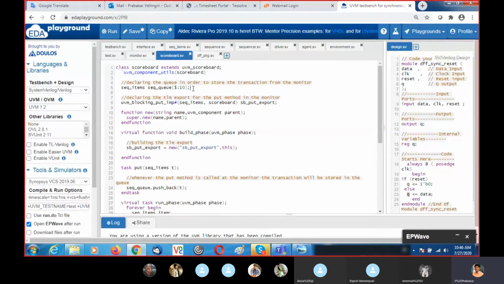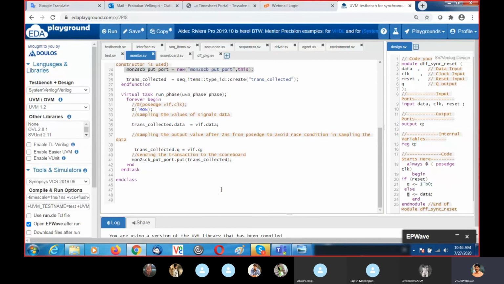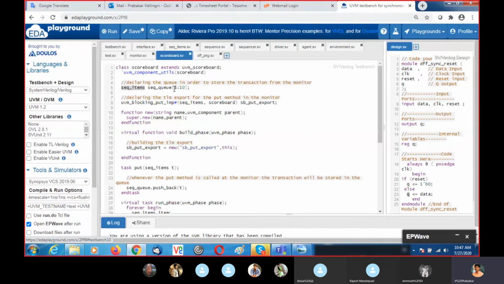Then here I created a queue to store the transactions, which is a type of sequence item. Inside the input method I am putting the trans collector, the actual sequence item, here. I want to get that and store it inside the queue. So I created a sequence queue that supports up to 10 sequences.